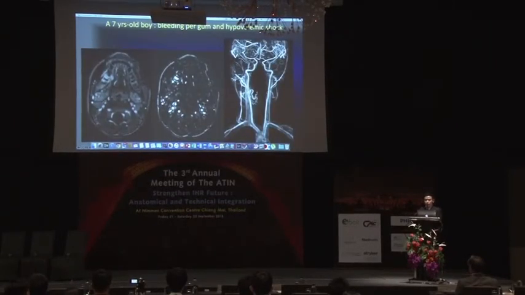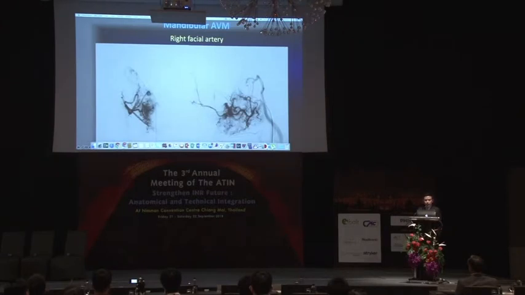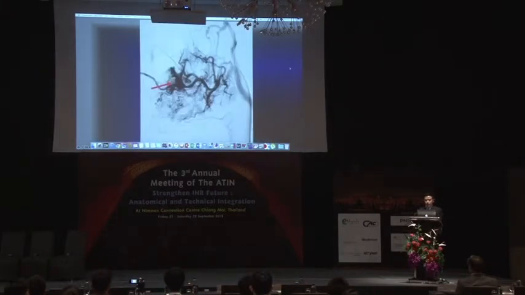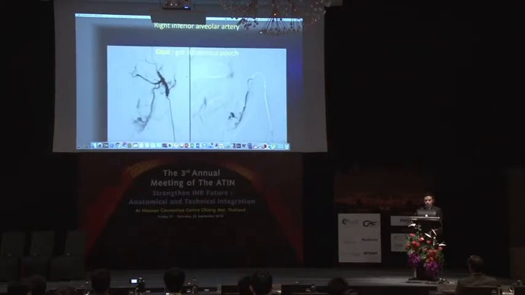A 7-year-old boy presented with bleeding per mouth and hypovolemic shock. In the MRI, you see abnormal vessels here in the mandible, and multiple dilated arteries. In the angiogram, you can see the AVM inside the mandible supplied from the facial arteries, and you see the venous pouch here in the mandible,